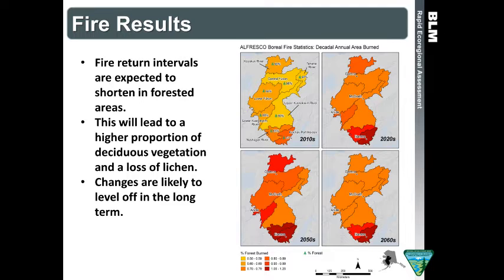Great thing about the model is that it can be really well calibrated using historical data, because we actually do have pretty good historical fire data, and you can run this model because it runs on a computer. You've got lots of time to do it. You can run it and spin it up for 1,000 years to try to get as close as you possibly can to the real landscape that we know we have.